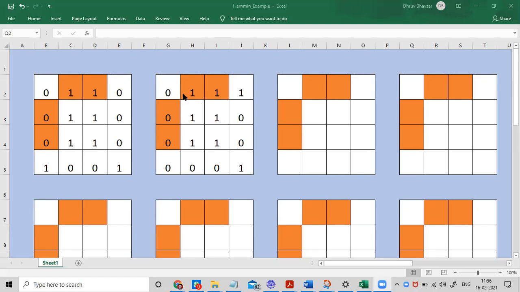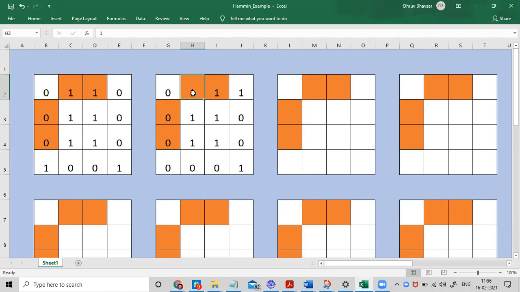So first of all, I'll check this 0. Is this 0 correct? For that, for the other elements, I need to check the number of ones here. Can we count? This is 1, 2, 3, 4, 5, 6, 7, 8. So this parity check is correct. Yes, I know that this is changed to this, but even then we can't say anything. We can't infer anything from this parity check. After that, we move on to this one.